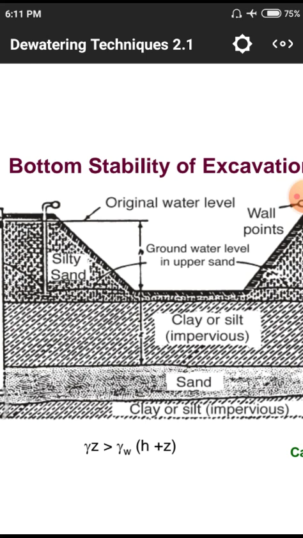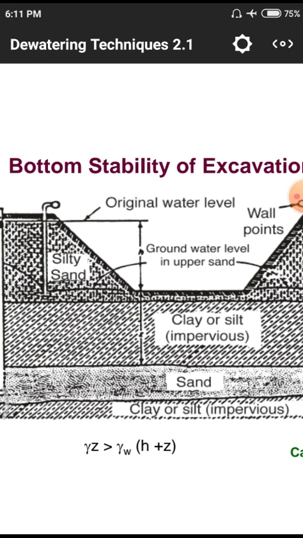This is the variation of the particular ground, that means particle sizes from layer to layer. In the starting layer we have silty soil. After that we have clay or silt, which is impervious. That means due to that impervious layer, water is not absorbed into the sands and clays below. Why? Because an impervious layer does not allow water through it, because of no voids. That means non-permeability and no gaps in these structures or layers.